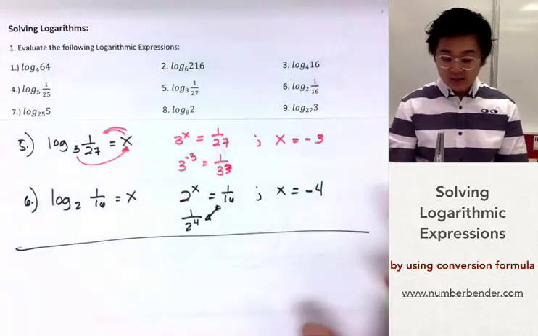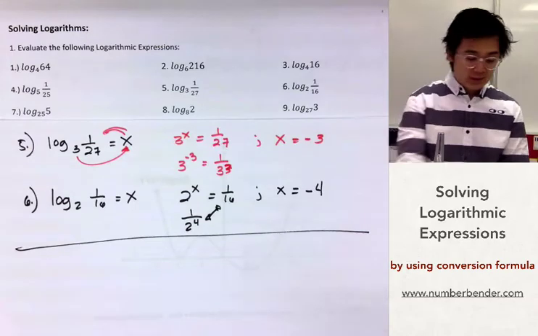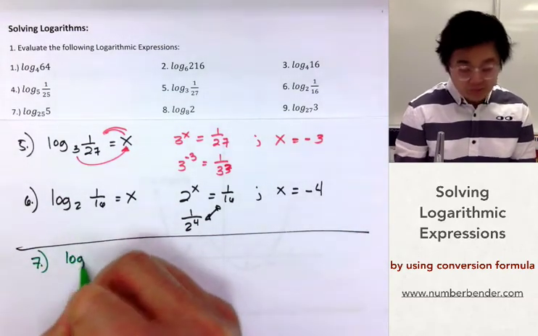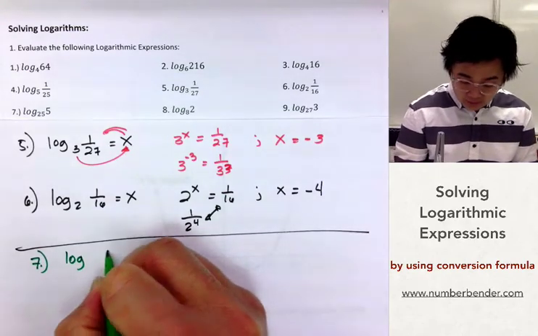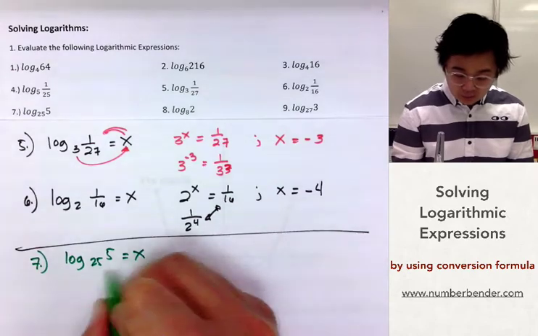Now, the second set in our example. Now let's try answering the second set. So on the second set, we have logarithm of 5 base 25. Let's equate it to x, so we can convert it into